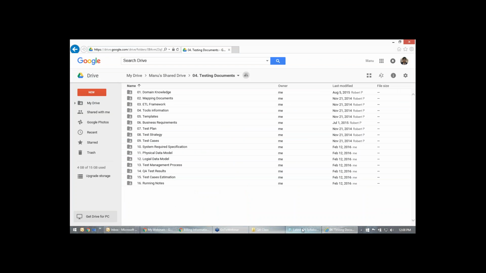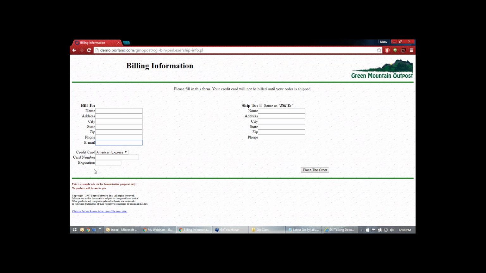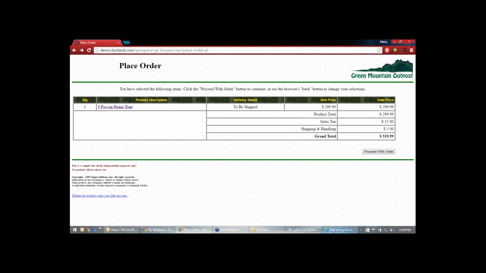As I told you, this also contains the screenshot of this page and how it looks. This billing information might be in some place, and this image might be here. It contains all the screenshots and the information too, like what happens when you click on place order. Just like this should pop up. This kind of information should be there in the FRD, the functional requirement document.